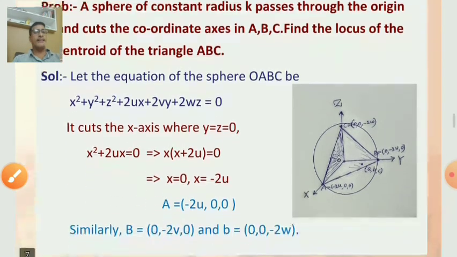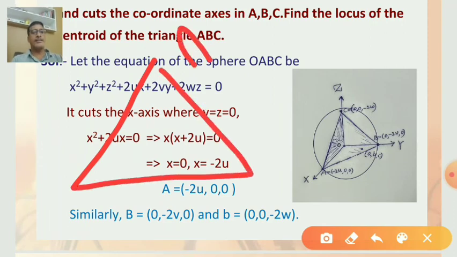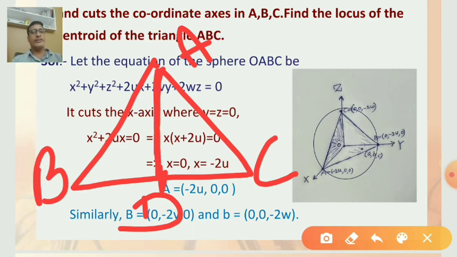So what is the centroid of a triangle? I will explain this. Say this is a triangle ABC. Take the midpoint of side BC, say D is the midpoint of side BC. Now join the vertex A with point D. This line, obtained by joining A with the midpoint of BC, is called a median.